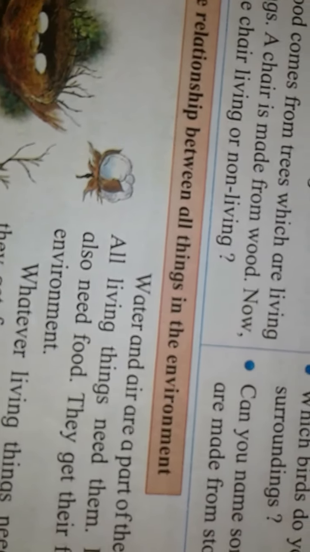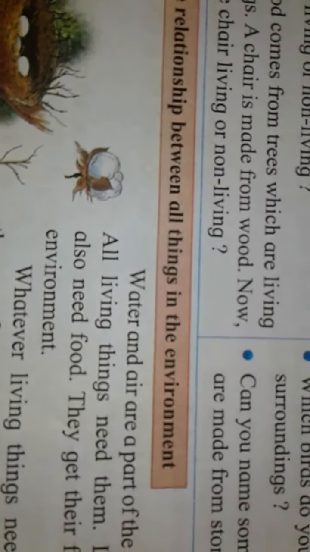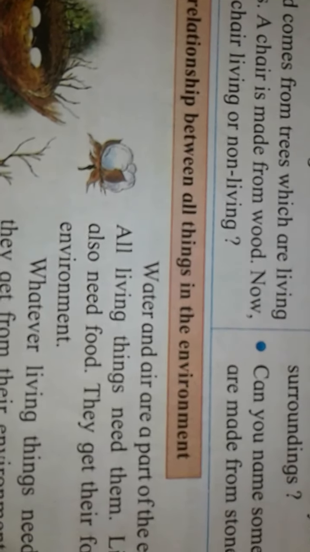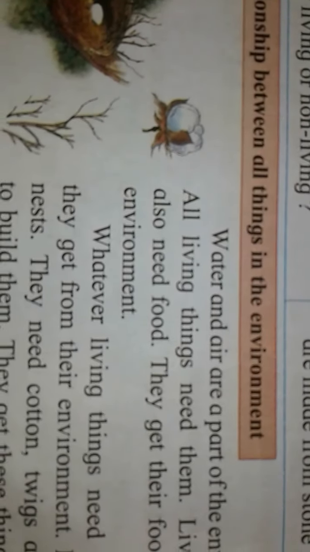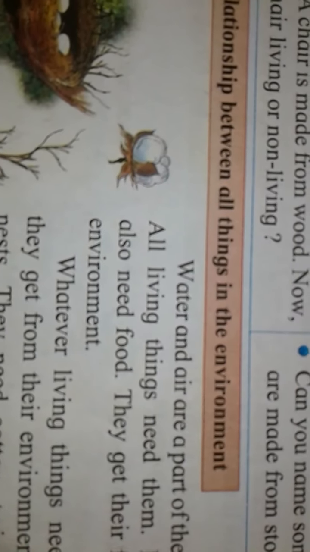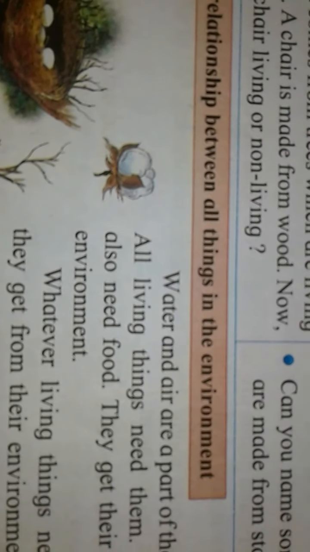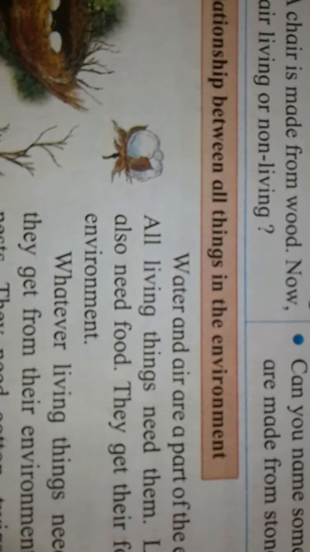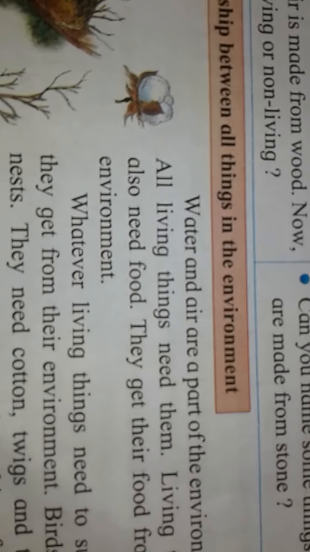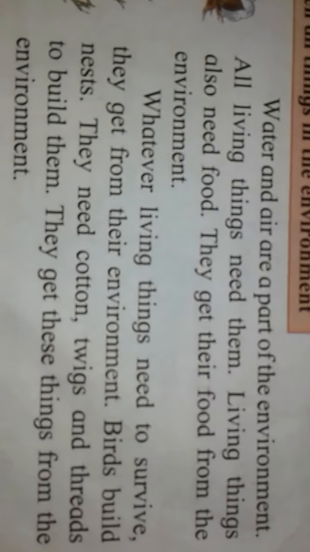Whatever living things need to survive, they get from the environment. All the things we need to survive, otherwise we will die. We need food, water, air, clothing, shelter. All this we are getting from the environment. Birds build nests. They build nests with just dry straw, some strings they use. These all they are collecting from the environment only, from their surroundings. They need cotton from